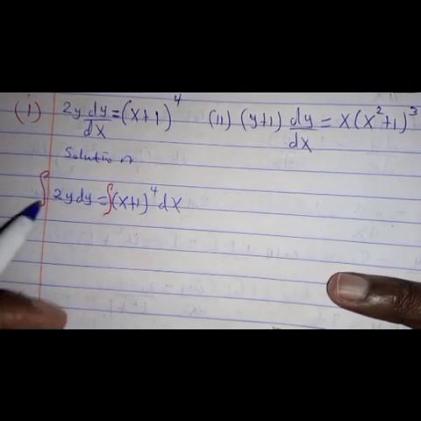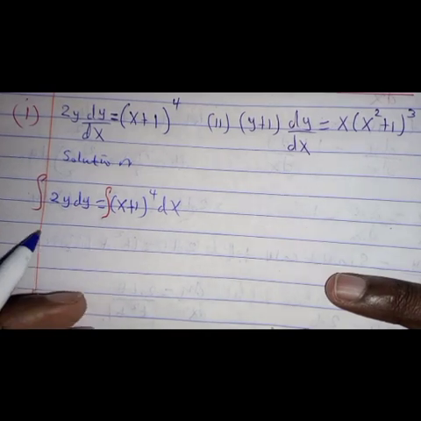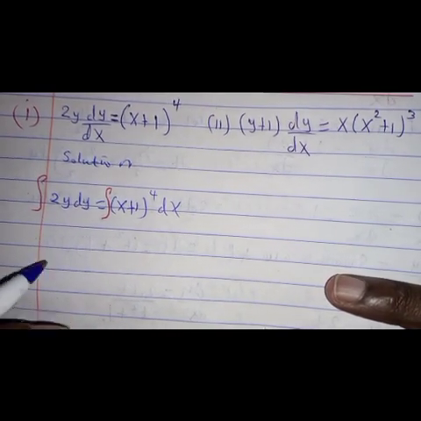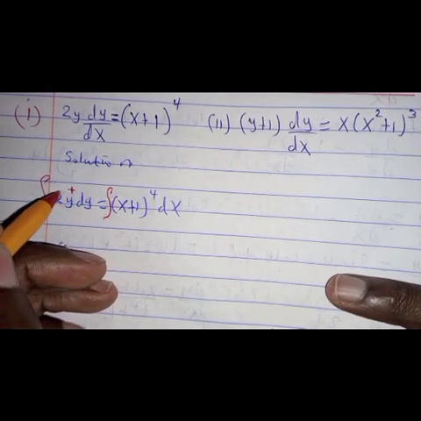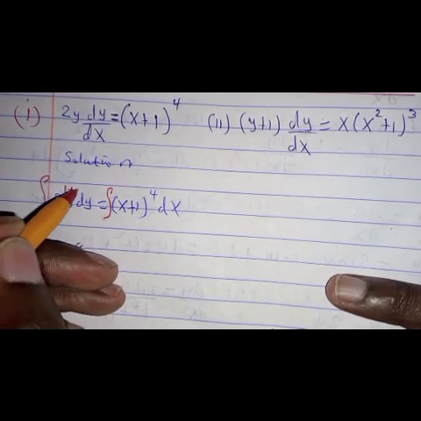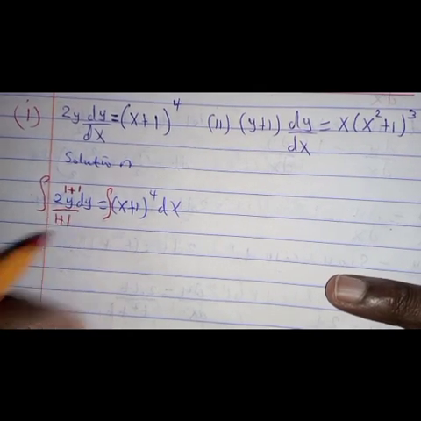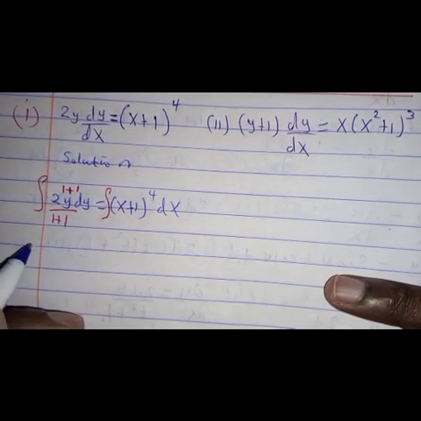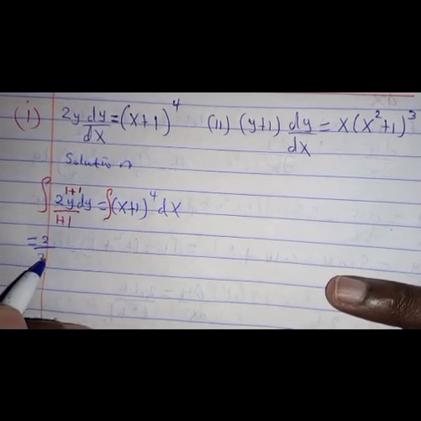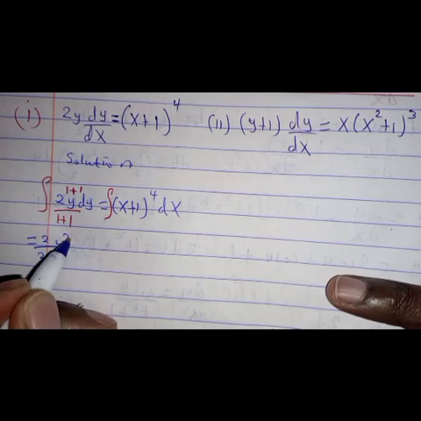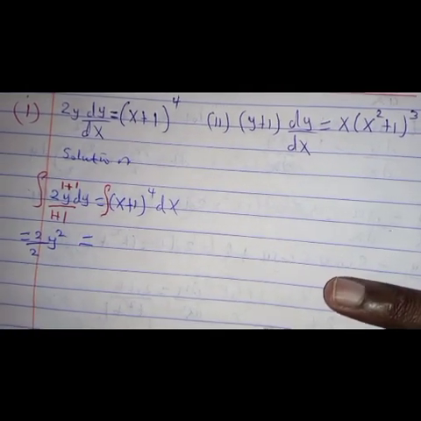On this left hand side, the integration is direct because we are integrating by the power rule. So what we do, we add 1, so you have 1 plus 1, and we divide by 1 plus 1. So that is the result. So the result here will be 2 divided by 2, then y squared, which is equal to